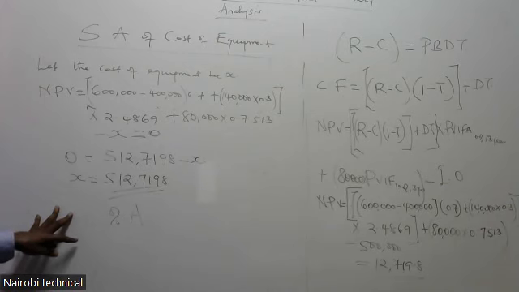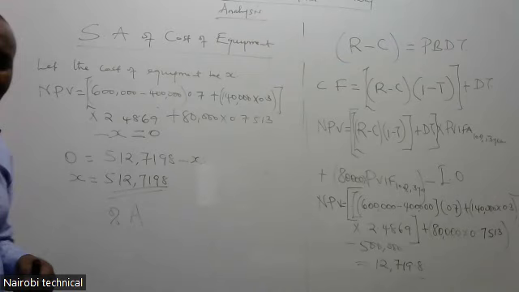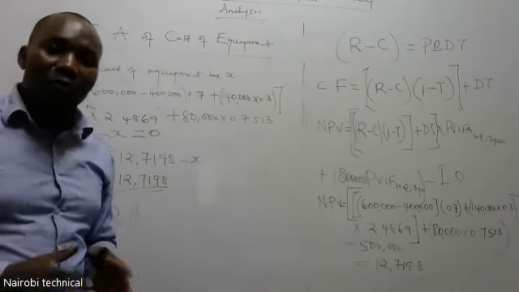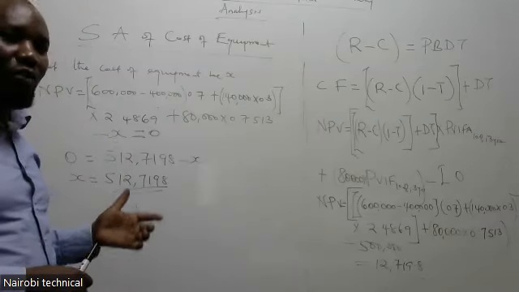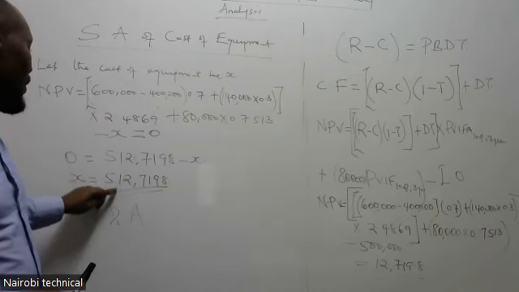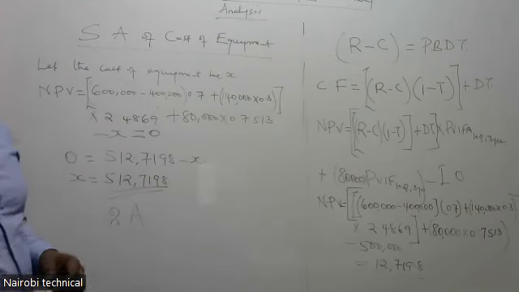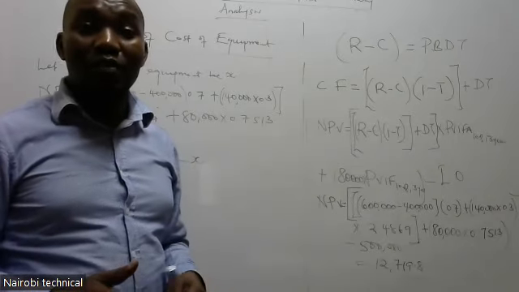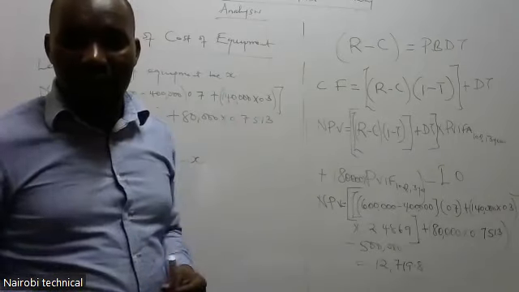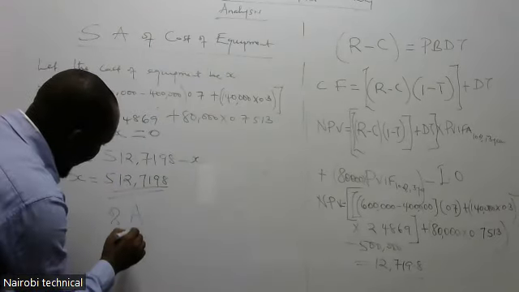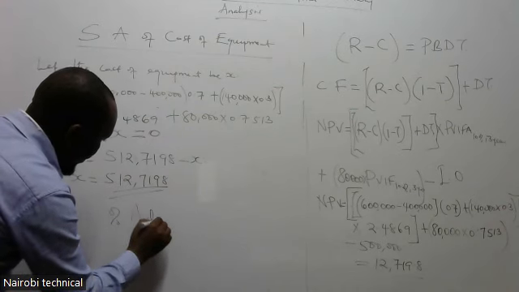That is fine. So what we are saying is, the first one, the cost of investment was 500,000. Right now, when NPV is 0, the cost of investment is 512. That means that it has gone up, right? And that is adverse. So we have the percentage of adverse change